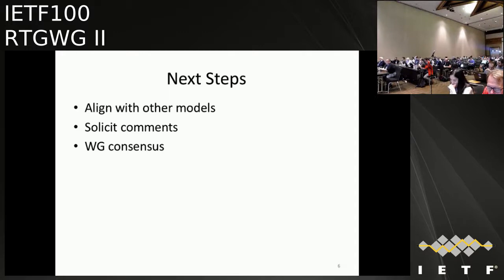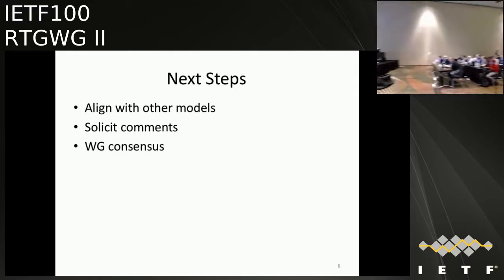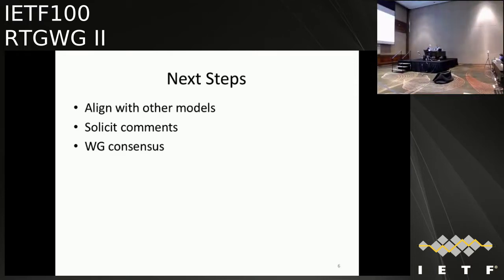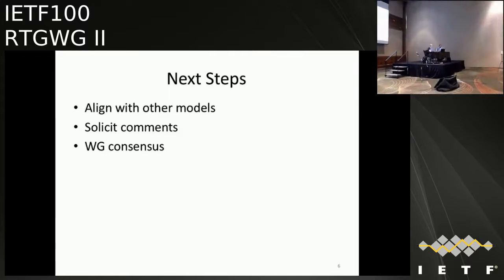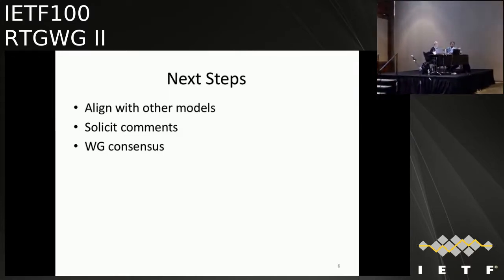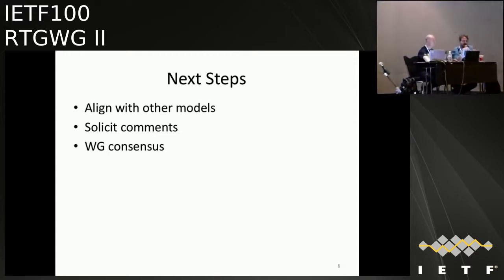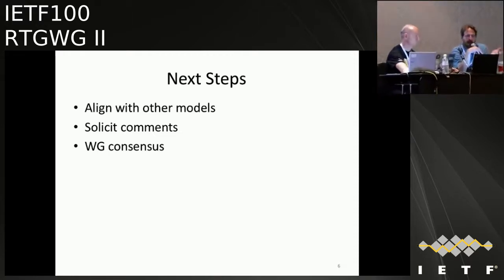Can I jump in here? We're running out of time for this presentation, but it would be good to take the comments and your potential responses to them. At this point it's an individual draft, so go ahead and make the changes that you think are appropriate to respond to these. Post that draft and bring it to the attention of RTGWG.